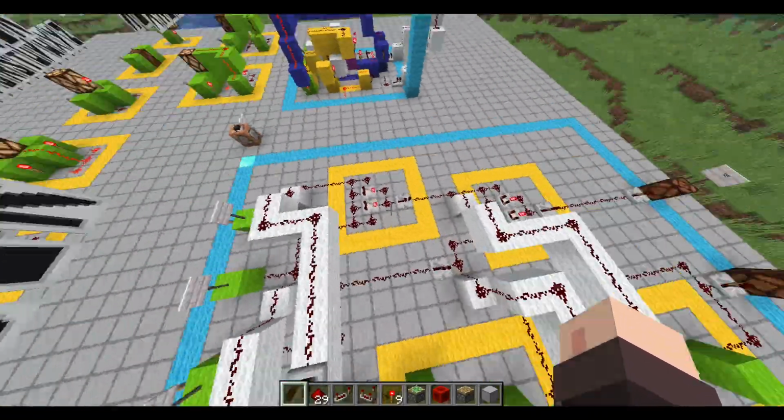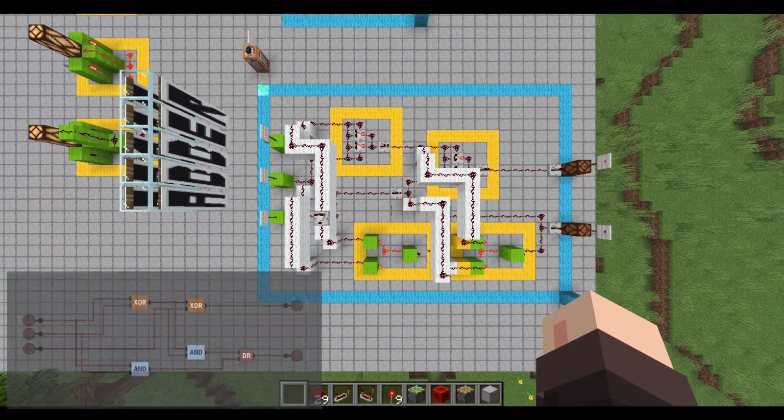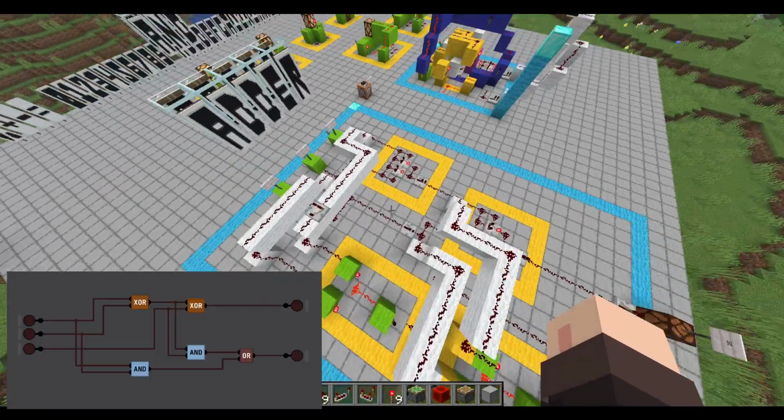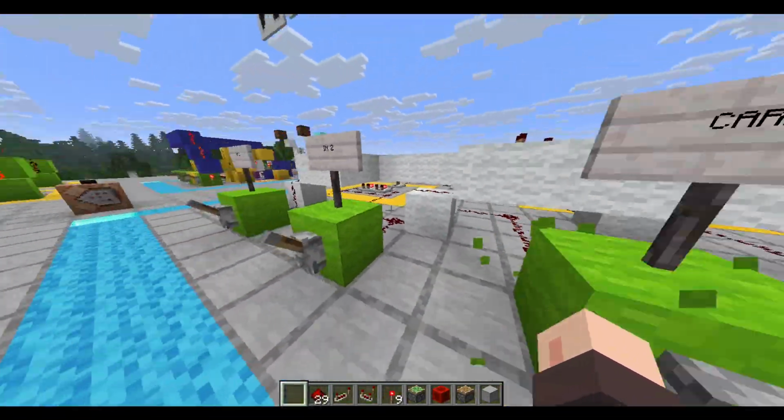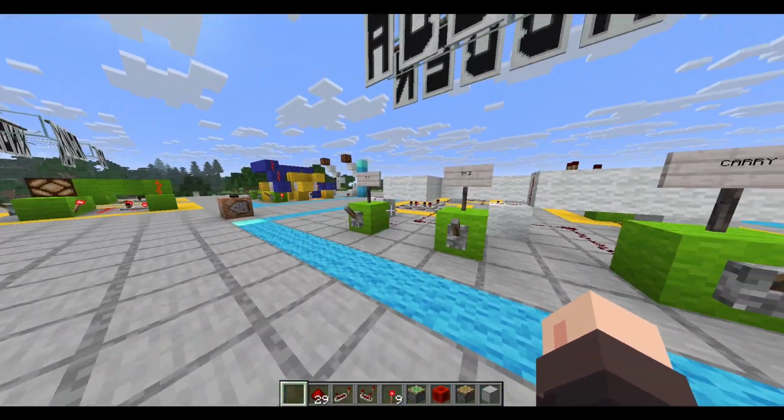It's a bunch of different things. I mean, if I look at it from here, it kind of lines up with my diagram in Digital Logic Sim. But basically, what it does is it adds 2 bits together and it carries a bit, kind of like stacking addition. So